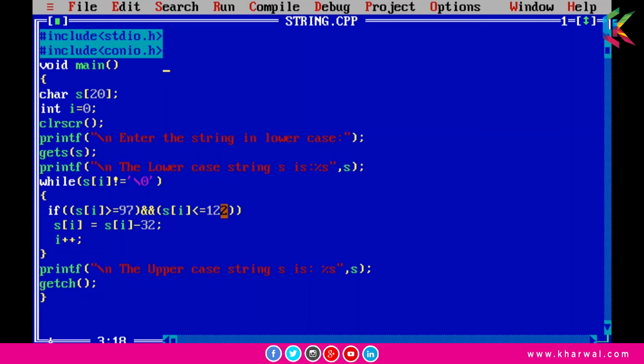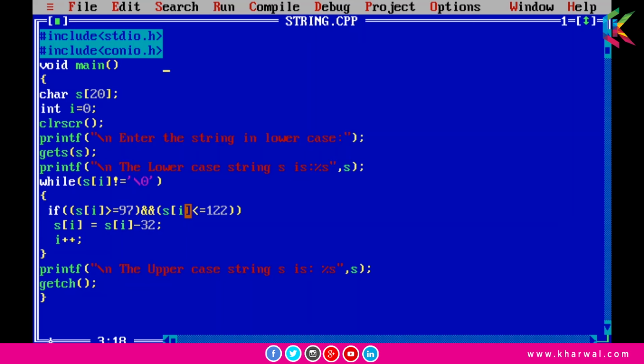So let's take an example. Suppose I have entered hello in lowercase, and initially the value of i is 0. Now come to this while loop. s of 0 is small h, and h is not equal to the null character, so this condition is true. Here we are again checking this condition. s of 0 is h, the ASCII value of h is 104, and 104 is greater than or equal to 97, so this condition is true.